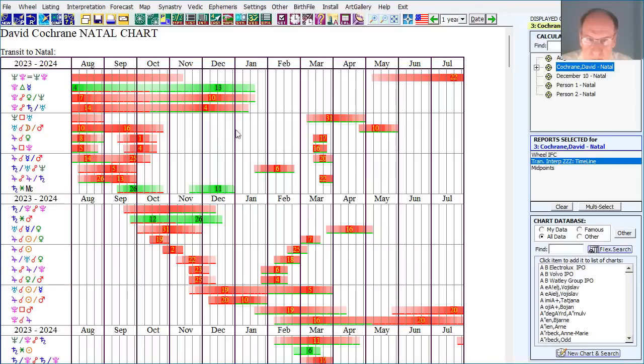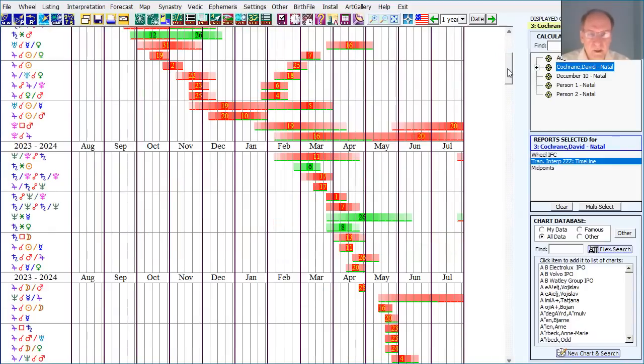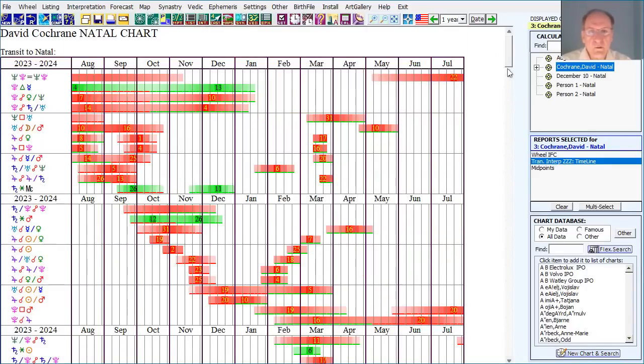Okay, and I wanted to show you. Look at this one. Transiting Pluto conjunct my Jupiter, exact in mid-March. It does get thin in the middle. It comes back in June. So that often leads to being very influential, which is a nice thing to have. Okay, so the ones that are the most important are when the stations happen.